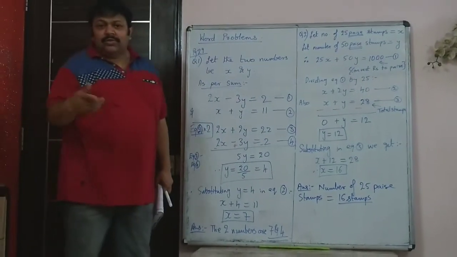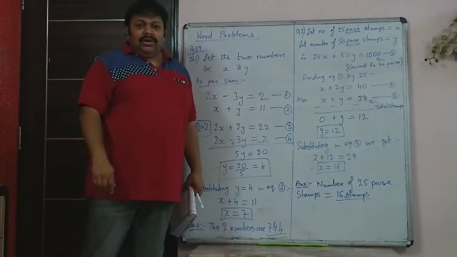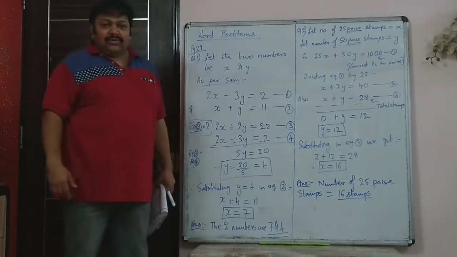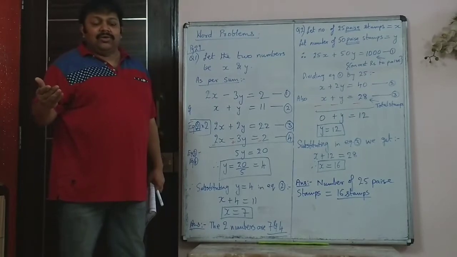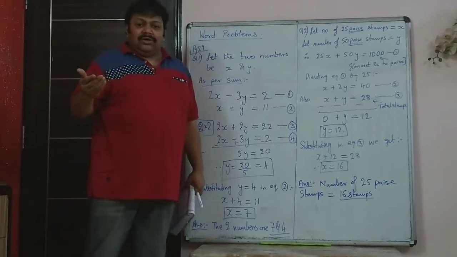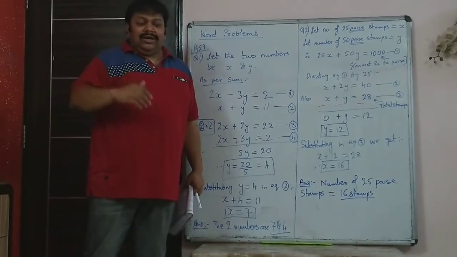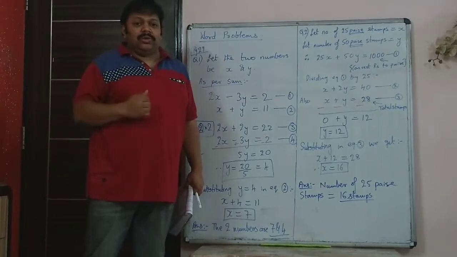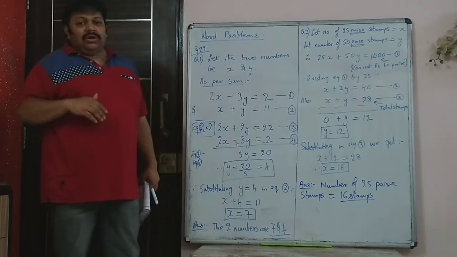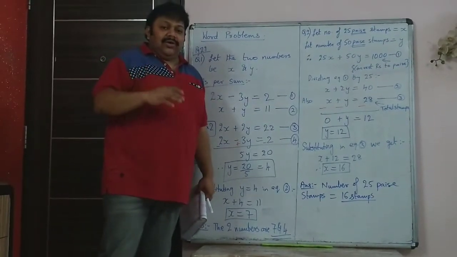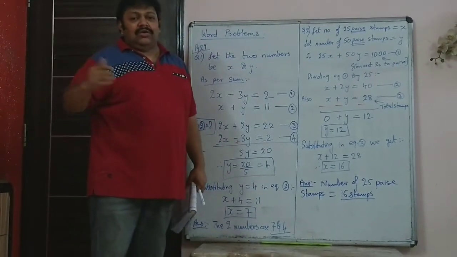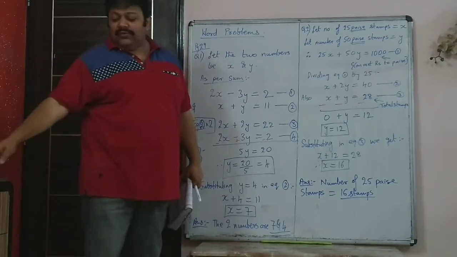Let's say you have 10 rupee and 20 rupee notes. Like you have 5 20 rupee notes. So what's the total amount that you have in terms of 20 rupee note? 5 into 20, so 100 rupees. And let's say you have 15 10 rupee notes. So 10 rupee total amount what you have is 150. So total of that 5 into 20 plus 15 into rupee 10 will give you 250.